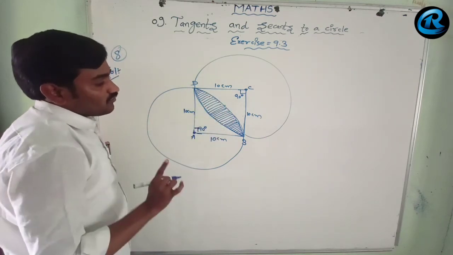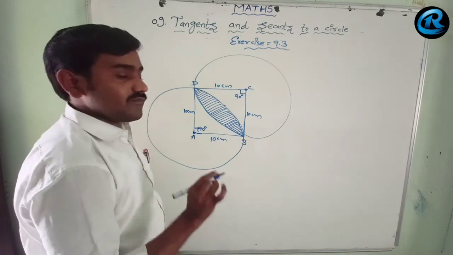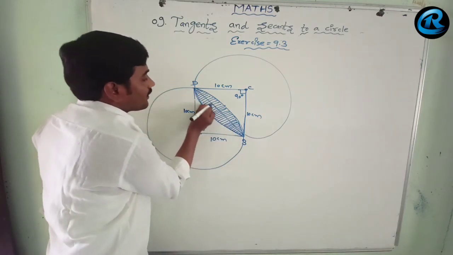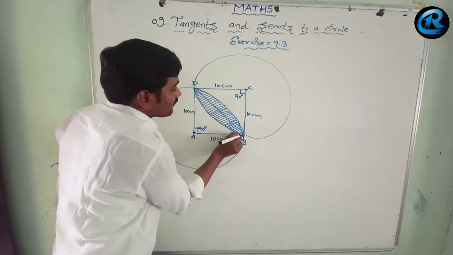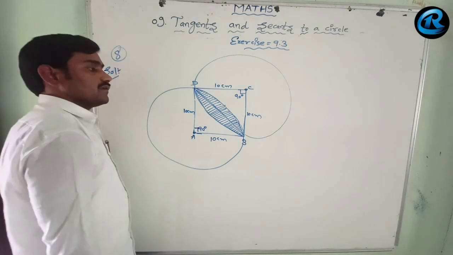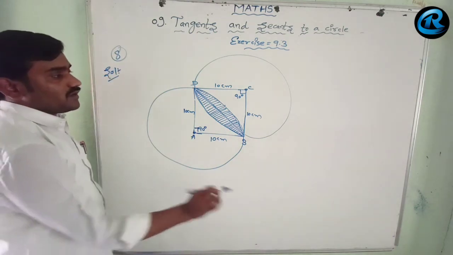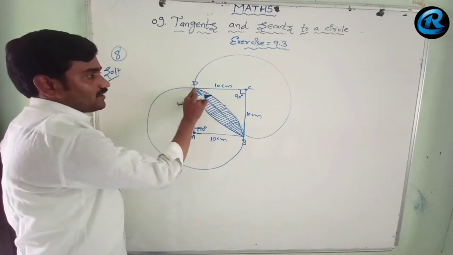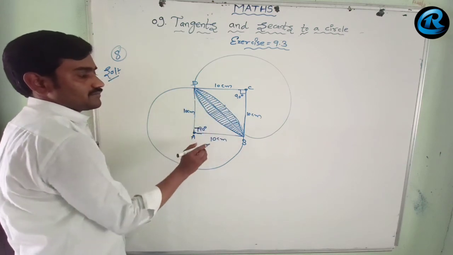Now we need to find out the area of the shaded parts. How can we find out? First of all, let us join BD here. BD ni join cheyali. So I will make it to understand first. Let us join the BD. So see now, first of all, if you want to find out the area of this shaded region,